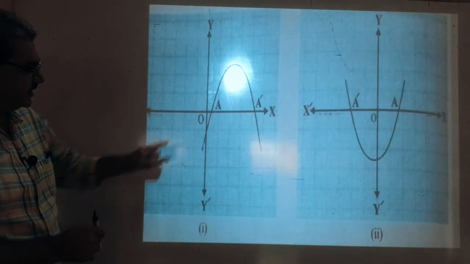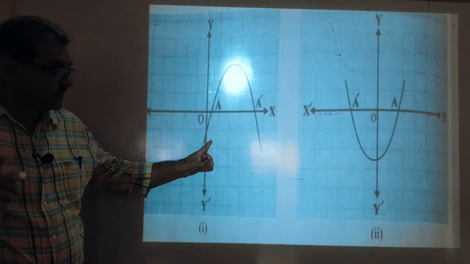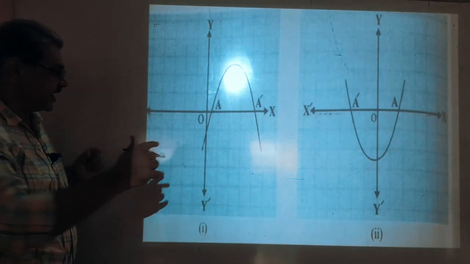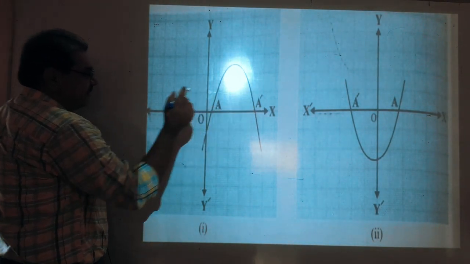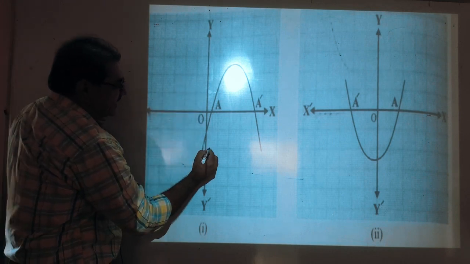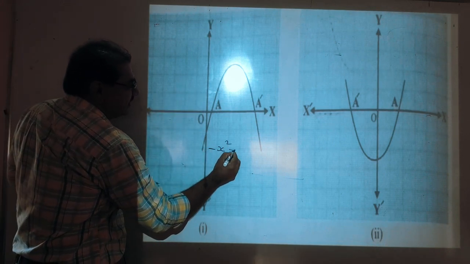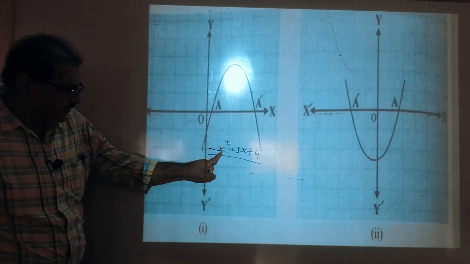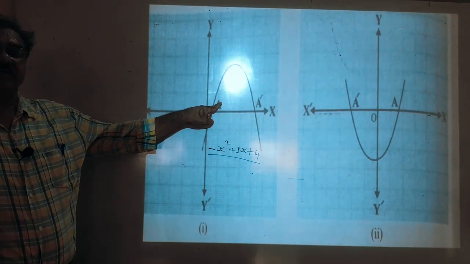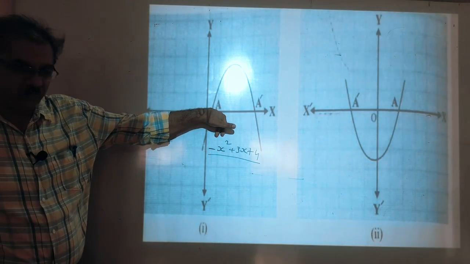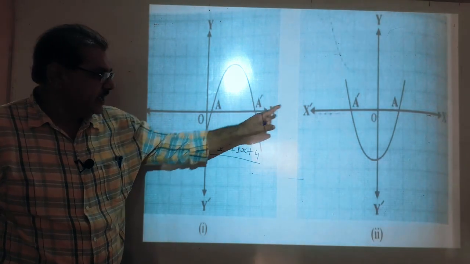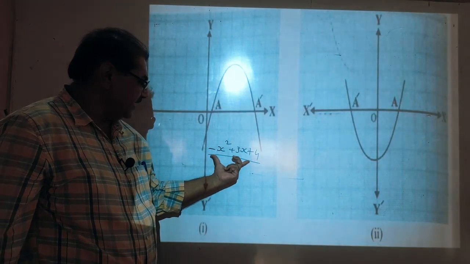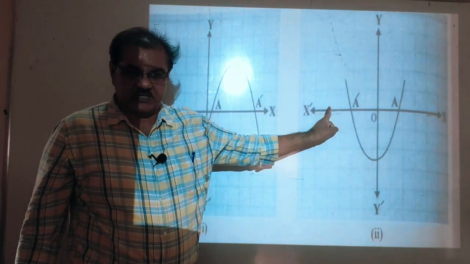You can check here, same type of parabola is there, but here it is ulta, that is, parabola open downward. Again it is intersecting the x-axis at 2 points. Suppose I take the same equation but with the sign different: minus x square plus 3x plus 4. Here the coefficient of x square is negative, so it is a parabola open downwards, intersecting the x-axis at 2 points. And this I showed you before: the normal polynomial of degree 2, where the coefficient of x square is positive.